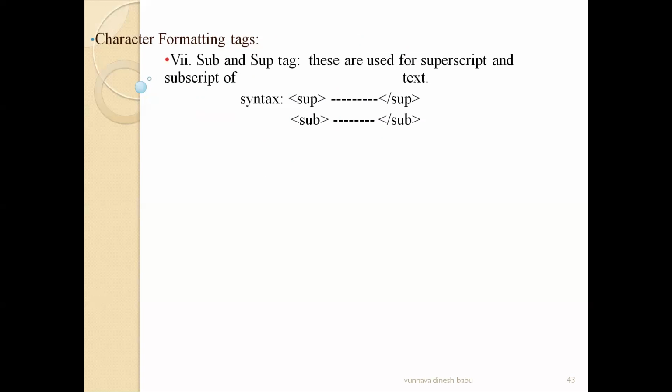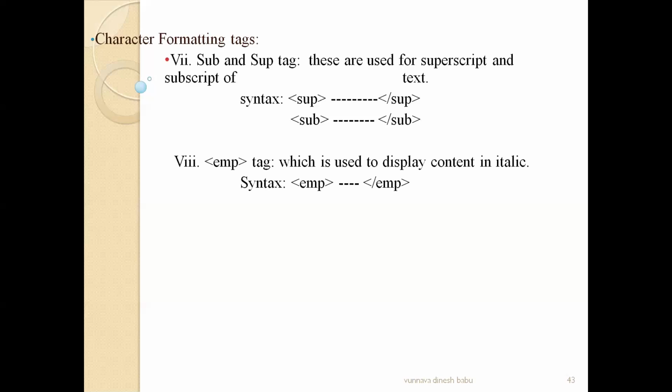So in order to represent those particular things at some higher positions, we can use this superscript. The superscript tag is defined by sup. And if we want to display something as a subscript, for example, x² plus y² plus z², or x² plus y² equal to z², the two should be represented somewhat below the x, the y, or the z. In order to represent that particular two at some desired position, we can use this subscript. That is the sub tag. I will show all these things in the example.